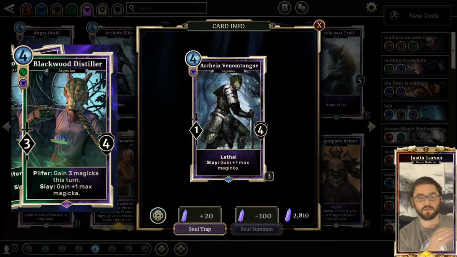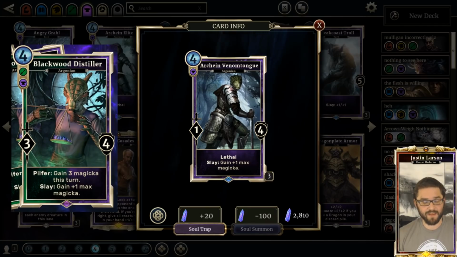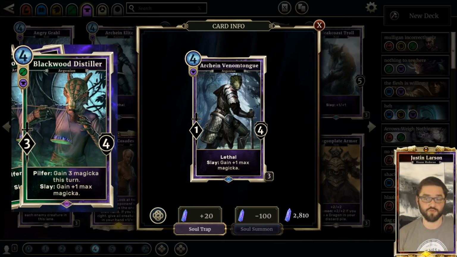What I like about Blackwood Distiller too is what I like about the best cards, the best monthly reward cards, which is that they don't fit nicely into existing archetypes. They encourage you to try something new. So what would you do with a Blackwood Distiller? Well,